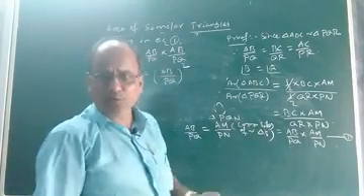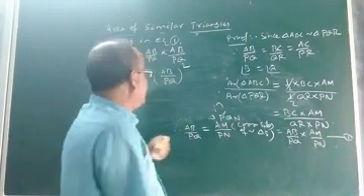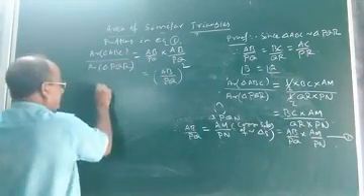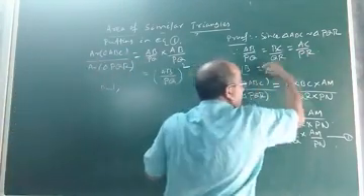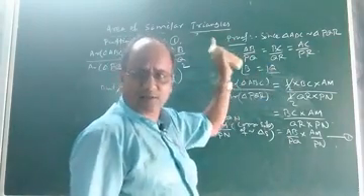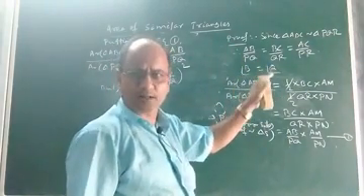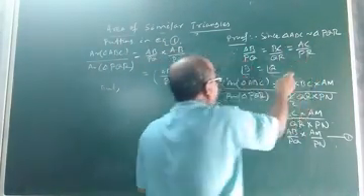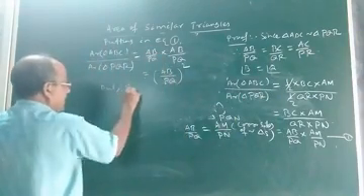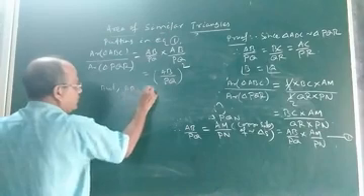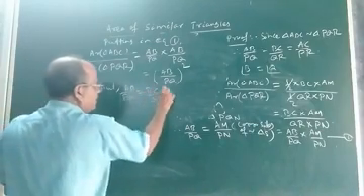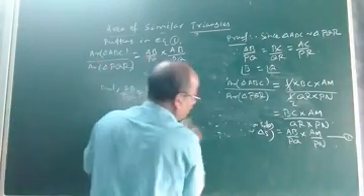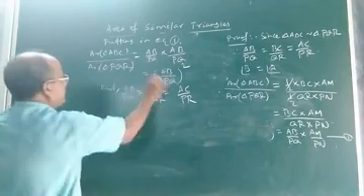So this is what we wanted to prove. But AB by PQ equal to BC by QR and AC by PR. But already we have proved here that as the two triangles are similar, each pair of corresponding sides are proportional. That means AB by PQ equal to BC by QR equal to AC by PR. Now you put this value in this equation.